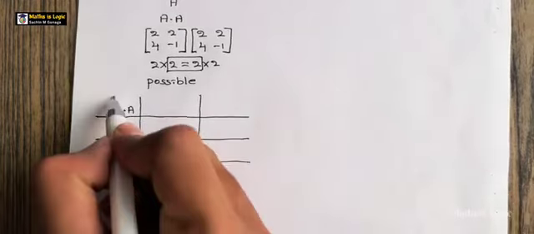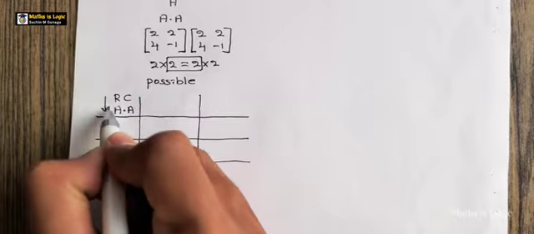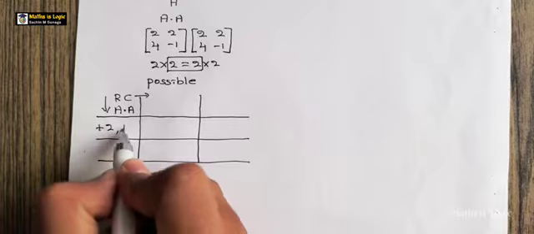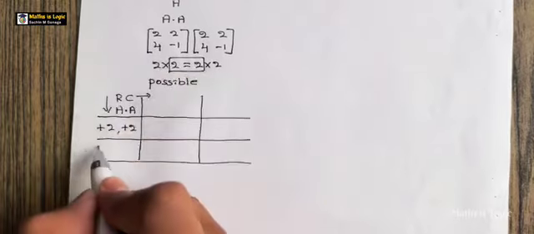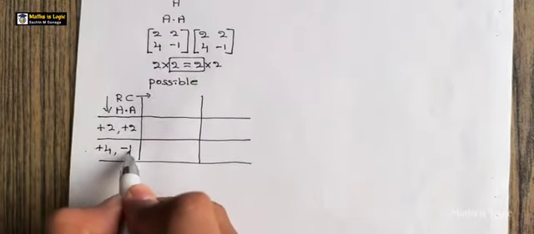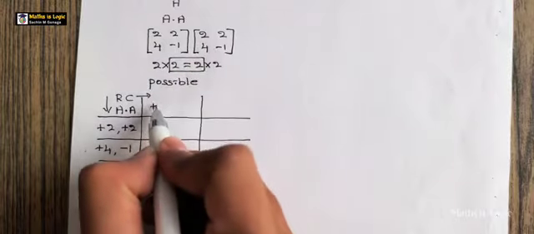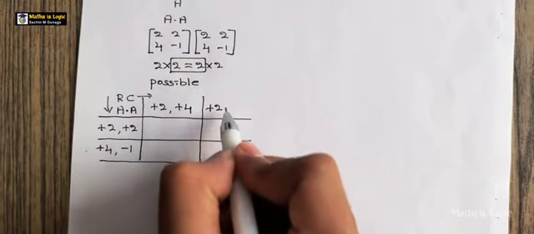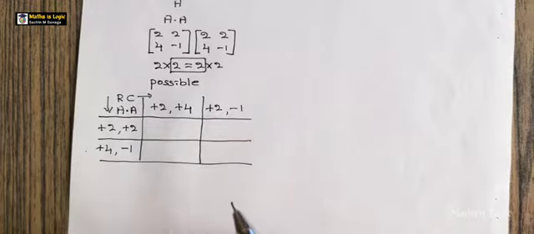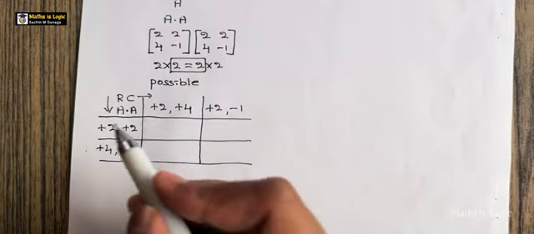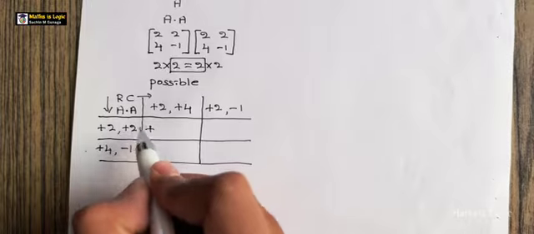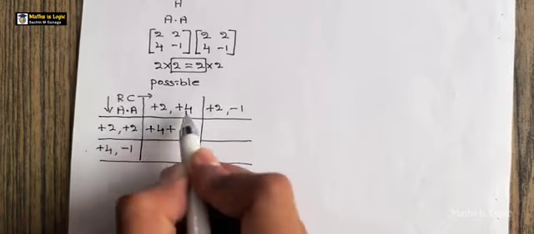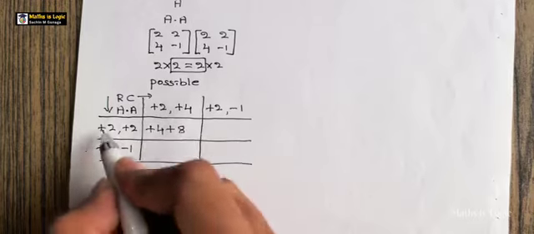Okay, so row, column, row, and here column. What is the first row? Plus 2 plus 2, second row, plus 4 minus 1, first column, plus 2 plus 4, second column, plus 2 minus 1. Multiply. Plus into plus, plus 2 into 2, 4, plus into plus, plus 2 into 4, 8,